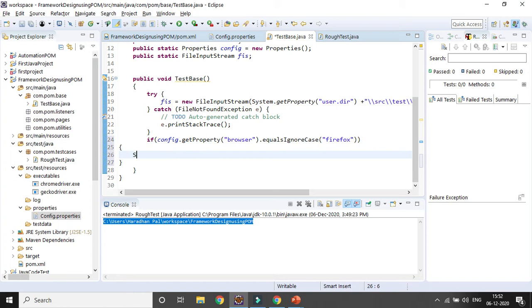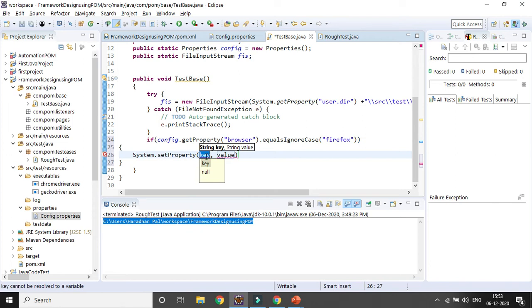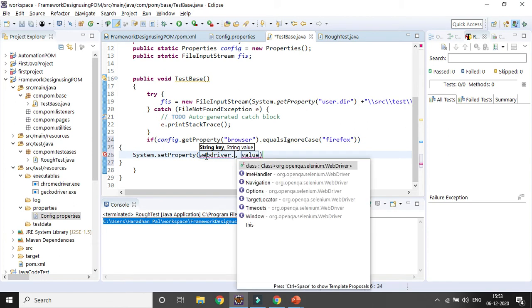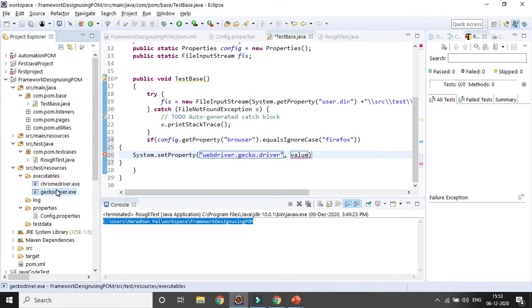So you need to set the properties, System.setProperty for the Firefox driver. Set property, and here I need to give the key for the Firefox driver. So what is the key? webdriver.gecko.driver for the Firefox driver. And the value I'll be giving in double quotes. What is the value? Here the path of the Firefox driver, the gecko driver. You can get the path here, and similarly I can get the path, so the value will be